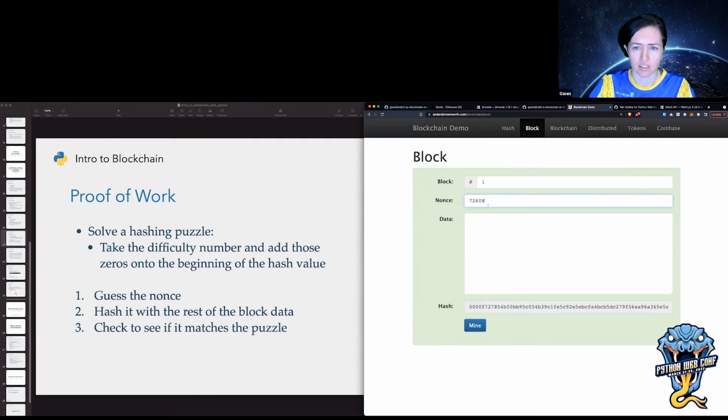So you can see this is the nonce that solved that puzzle, but you'll have people sending billions of guesses every second, or whatever the amount is, trying to guess this value. And it could be a lot longer, but you have no idea what it is.